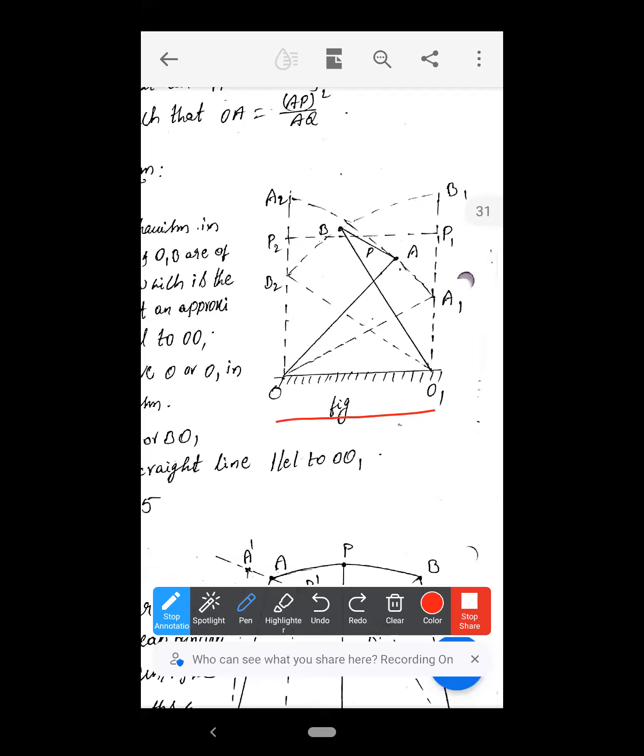When the lever OA makes some oscillations, that motion is translated to the AB link, and AB is also connected to O1. So in this, we take a point P. That point P is placed at the center of the AB link. They just place one small point, point P, on the AB link.